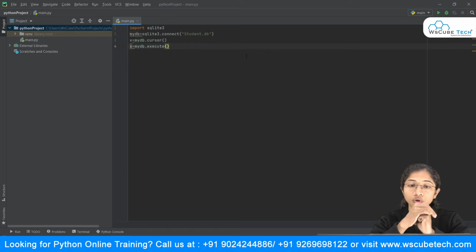All right, and inside this I will just write the queries. In order to write a query, I have to make use of quotes. I will make use of triple quotes so that it can be multi-line. Even I can write a multi-line statement by using these triple quotes. And simply over here now I'm going to write the query. So in order to create a table, I'm just going to say create table, the name of the table. So say for example, student.